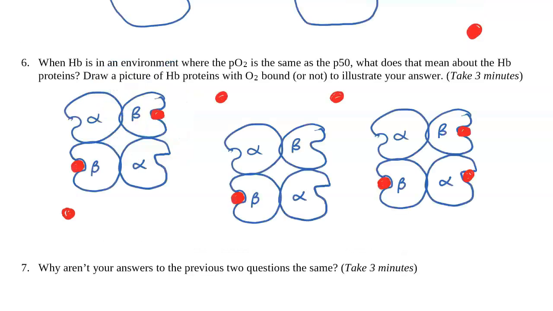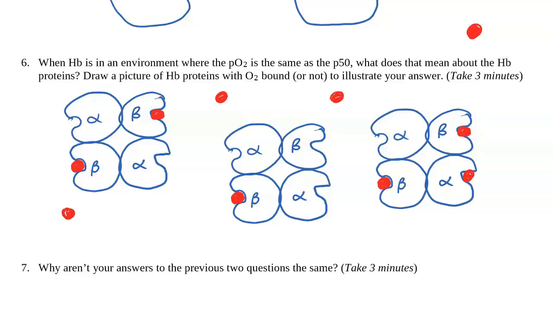Okay, so now I have 3 hemoglobins drawn. What do you notice? Did I do it right? Are half the binding sites filled? There are a total of 12 binding sites. 6 of them are filled, so that's correct. But if I look at hemoglobin, the first one has 2 filled, the second one has only 1, and the third one has 3. So it doesn't have to be that all of them are 50-50. You just have to have a total of half the binding sites filled. And so yes, this is consistent.